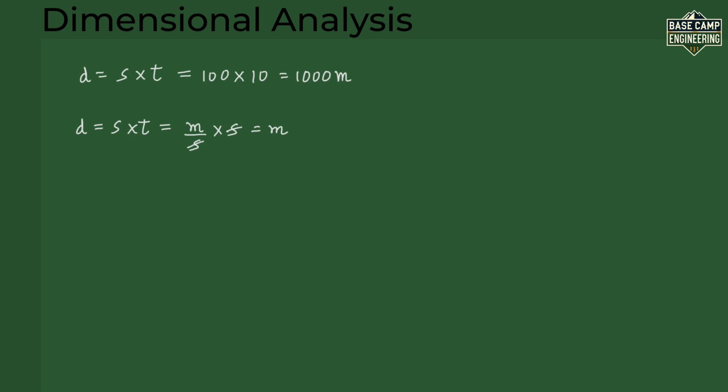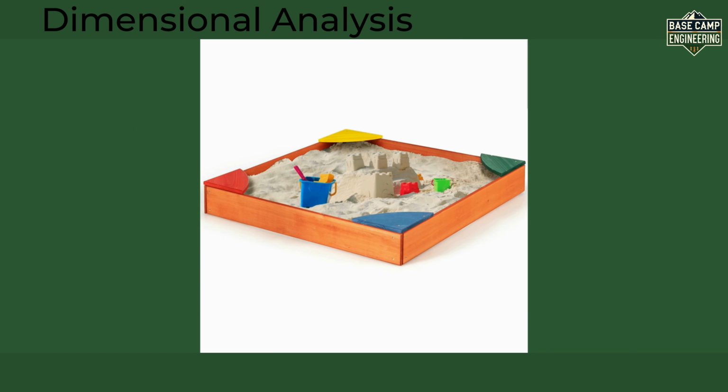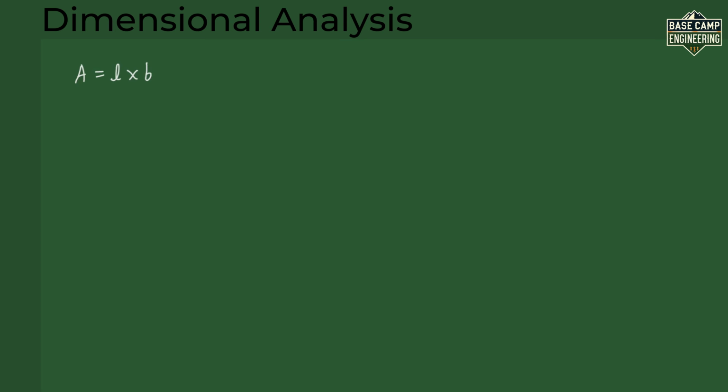Here is another fun scenario. Imagine you are calculating the area of a sandbox for a playground. The sandbox is 3 meters long and 2 meters wide. Area equals length multiplied by width, which equals 6 meters squared. The units are meters multiplied by meters, which becomes meters squared. That's the right unit for area. But what if you accidentally used seconds for the width, like 2 seconds? Then you would get 6 meters seconds. That doesn't make sense for area. Area should be in meters squared, not meters seconds.